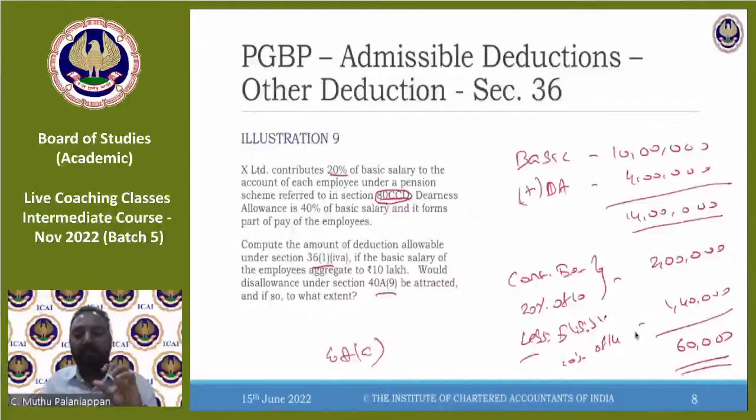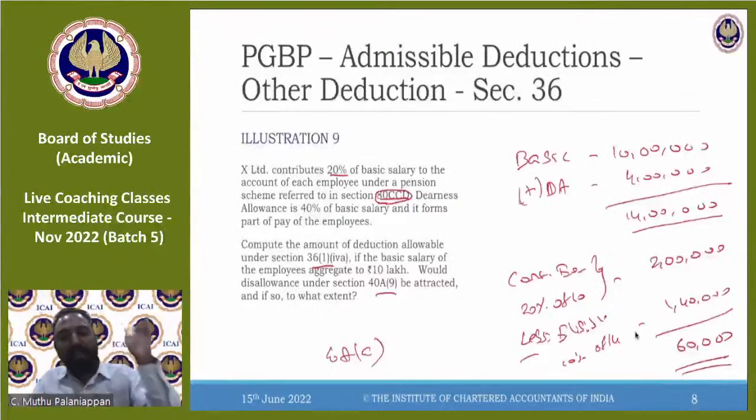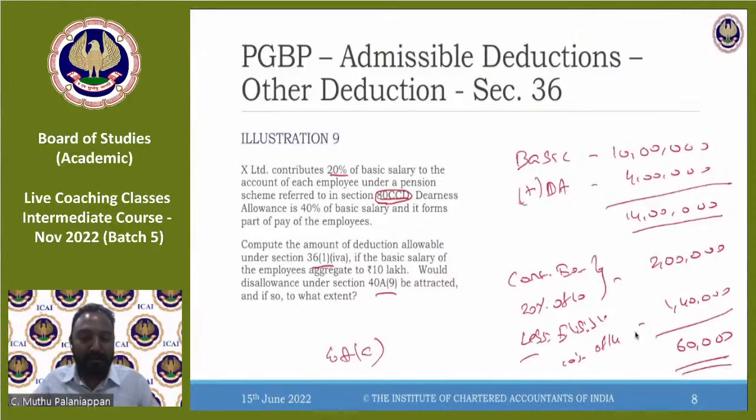So that 37 is only about expenditure wholly and exclusively for the purpose of business. If it is an expenditure being done for acquiring a new business, that is also preliminary in nature. That section will be covered in your final chapter, where it is about preliminary expenses in case of amalgamation and demerger. It will come under that. It will not come under section 37.